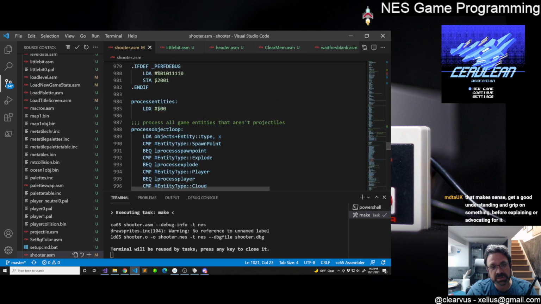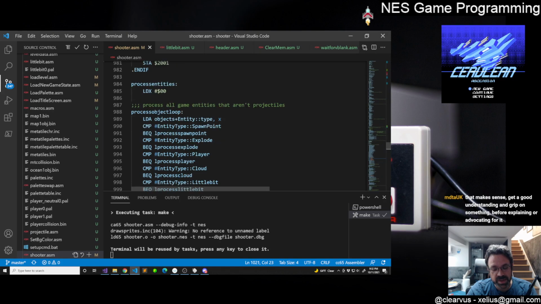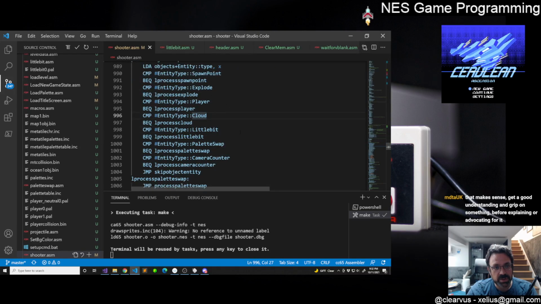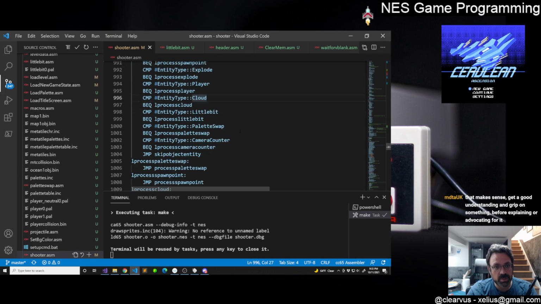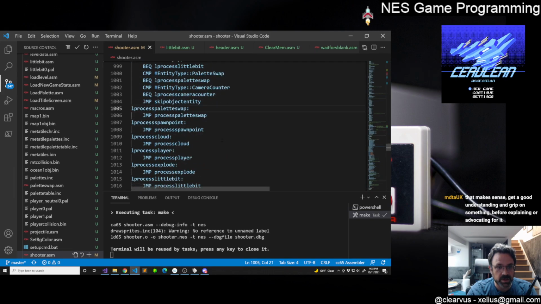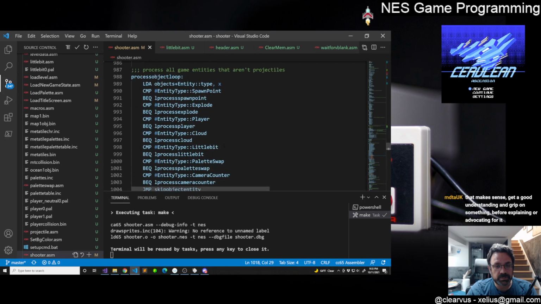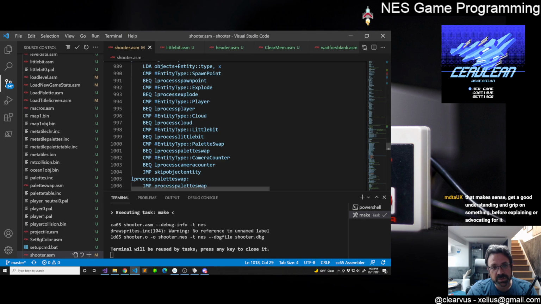This is what I was getting at before we went on that tangent a moment ago. We have this loop here where we're just doing load the type, compare, branch, compare, branch, compare, branch, compare, right? We're doing all of this stuff, and this is because we have to look at the type value to determine what code we want to execute,